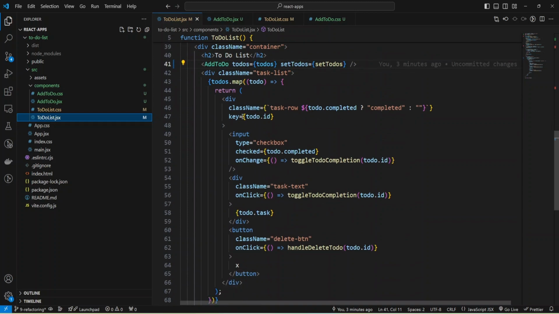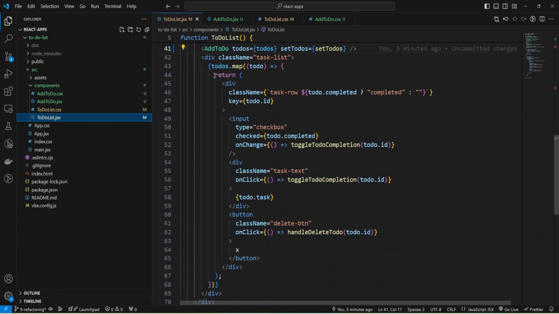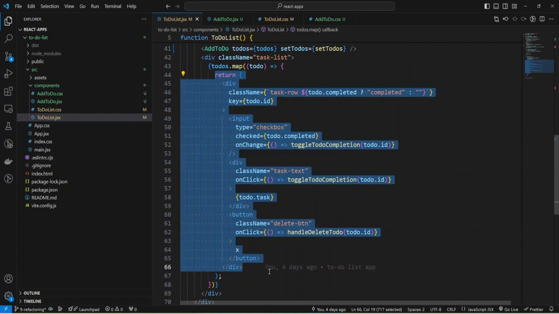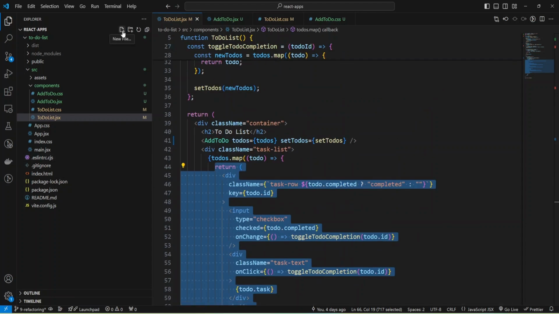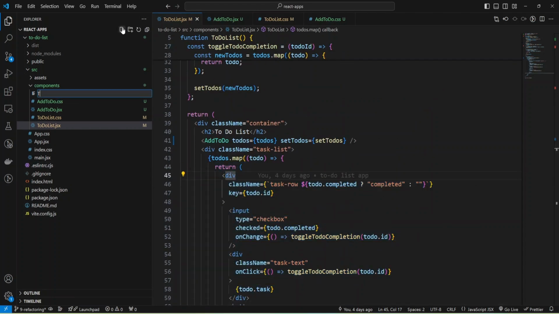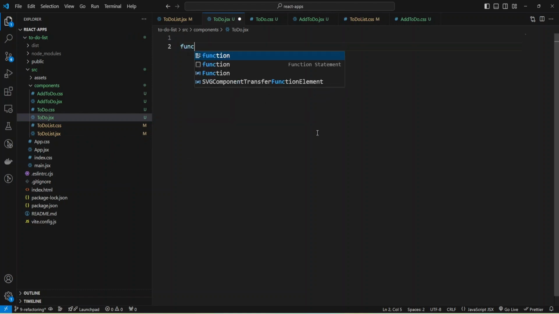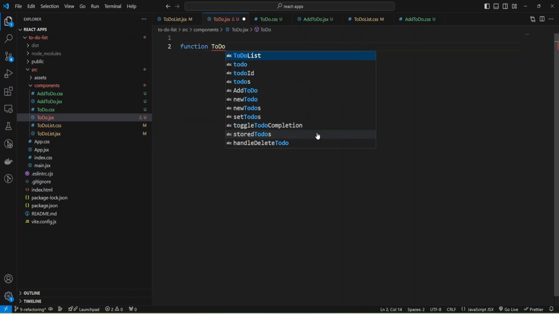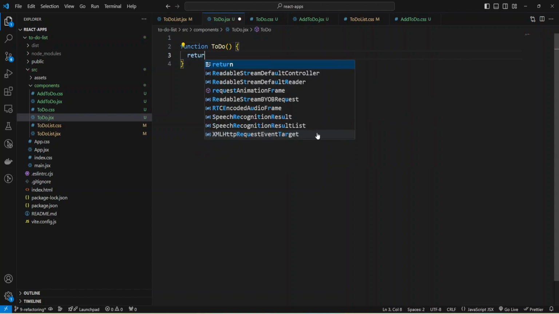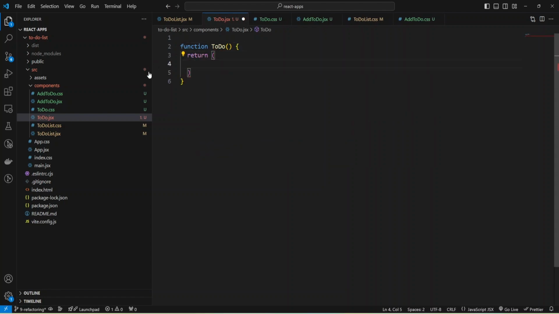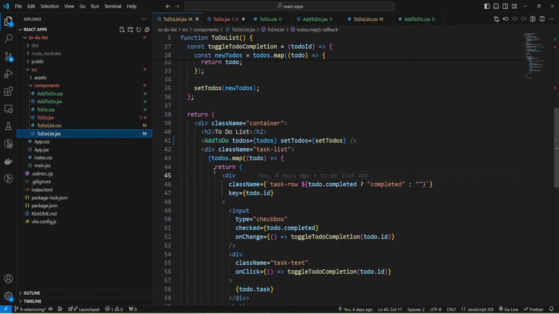And for the next component, I'm going to add Todo and place inside the Todo all this code. Okay, and the new component will be Todo JSX, and also styles, Todo CSS. And I can also create a function Todo and return JSX, and the JSX I'll copy paste from my todo list.